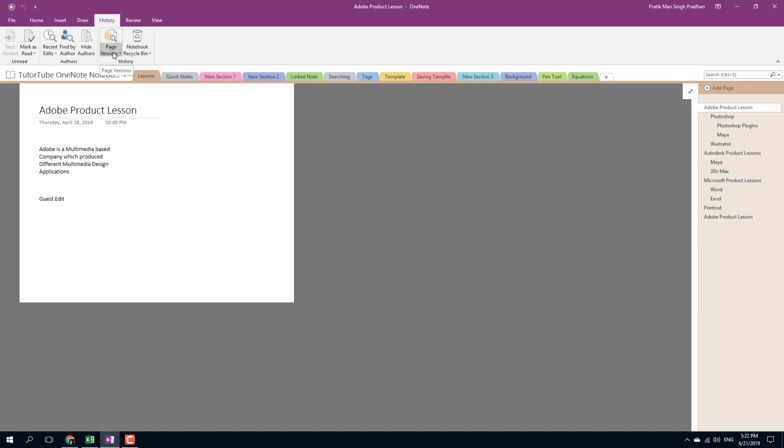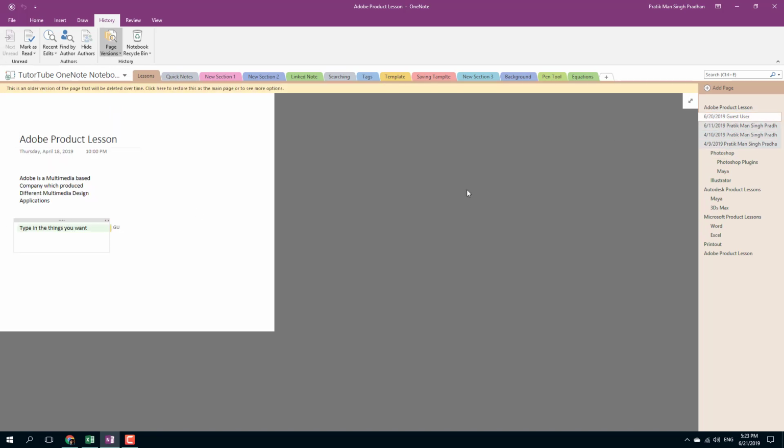page versioning. So let us go over here, and you can see that there is page versions, delete all page versions, delete all versions in notebook, and so forth, or disable history at all costs. Right now the page versioning is turned on, so I'm going to just click page version, and over here you can see that nothing is displayed right now, but once I click page version, you can see that the history is actually turned on. So right now you can see that these are the changes made by the guest user,